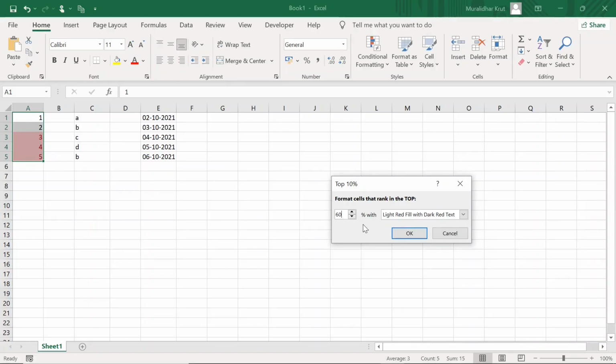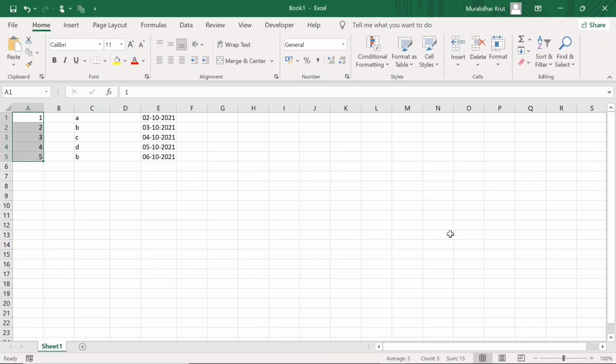So 60% of 5 items is 3 items. So it is showing 3, 4 and 5. Let us just cancel this instead of clearing the rule. Let us not apply the rule at all.